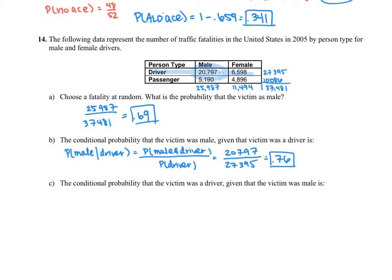Okay, C looks the same as B, but it's different. It's the conditional probability that the victim was a driver given that the victim was male. So in this one, the information we know is different. We know that the driver was male, which means we are only looking at this column. So the total number of males is 25,987. And in that column, the total number of fatalities that were drivers is